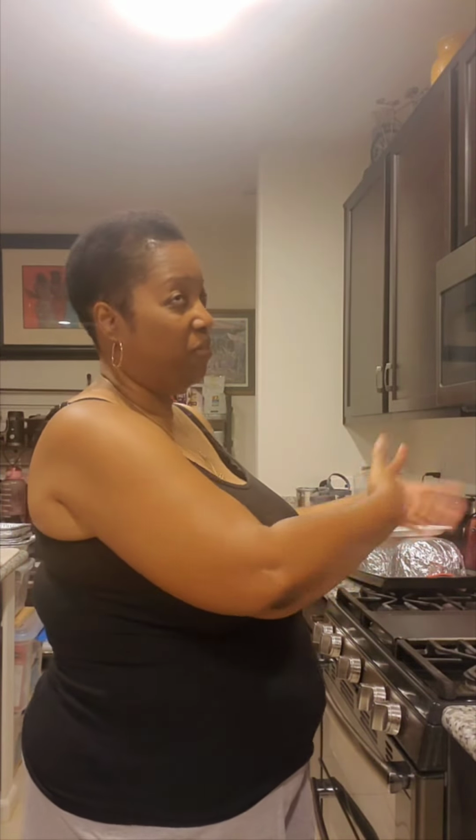I have the vent on over the stove because my mother made some delicious bread pudding, and we always put foil on our racks. It looks like some juice from the pudding fell on the rack, so it's burning off right now. But in the meantime, I'm going to start making